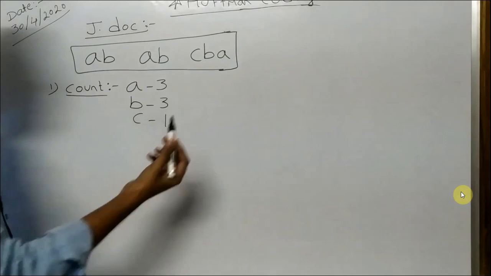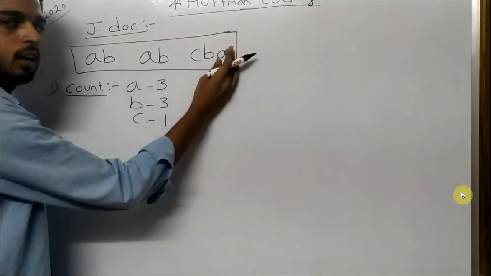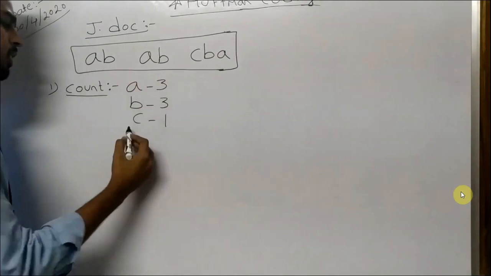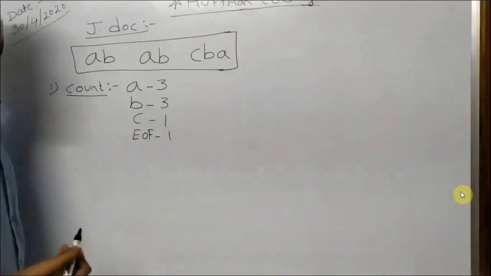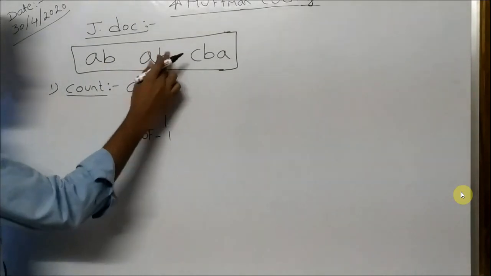And remember, how are we going to identify whether this is an end of file or not? By taking some pointer, right? So for that also I am going to take one end of file pointer, that is 1. And space is also considered as a character. So for spaces I am going to allocate 2, as 2 spaces are there. So its space count is 2, right? This is the first step.